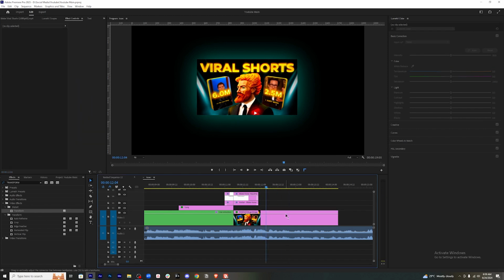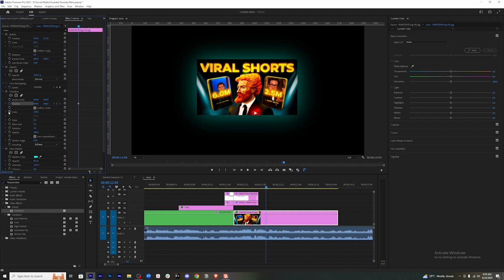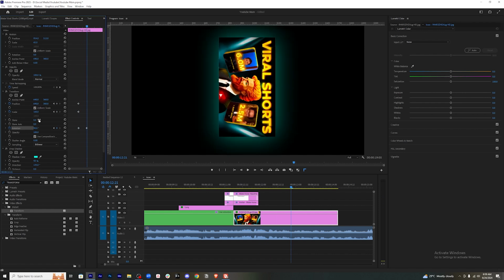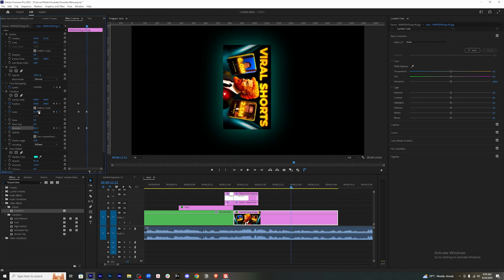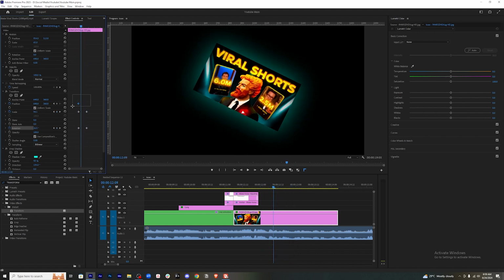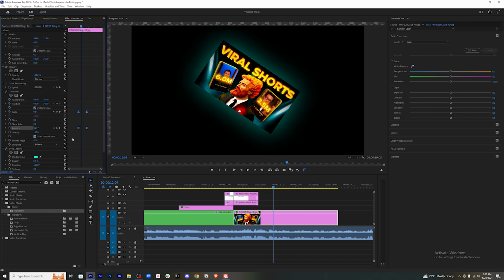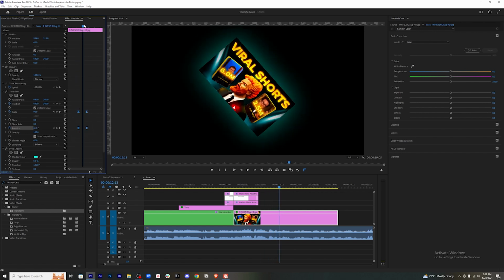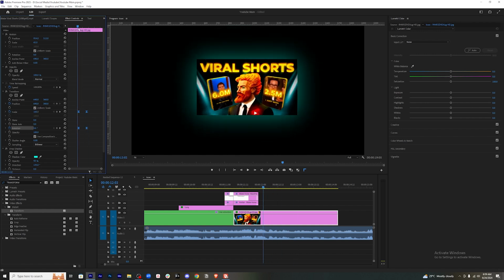From here we'll do the rotation, add a position keyframe, scale keyframe, rotation keyframe. Yeah, here rotate it 90 degrees and also decrease the scale a bit, or maybe 280. Yeah, this should be fine. The position, I don't think we need to do anything to the position. Looks fine only. Let's delete the position keyframe, it's not needed. So now we'll just change it to ease in and ease out by pressing the F9 and F10 shortcut keys. Now go to the first keyframe, and from here we have to do the same motion